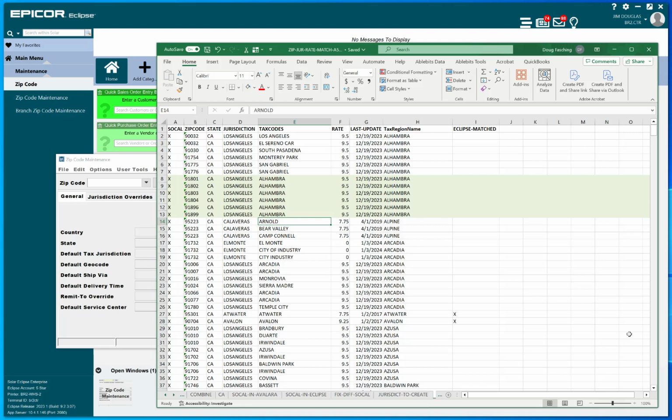If I had to do the entire state, this would probably be a month's worth of work. So I don't know, probably convincing the boss to spend the 15 grand for the Avalara module might not be such a bad idea. Or maybe you got lucky and you've got an old system that's been very well maintained and you don't have to do any of this stuff, and you just have to do like you saw me do earlier, which is just have your little Avalara